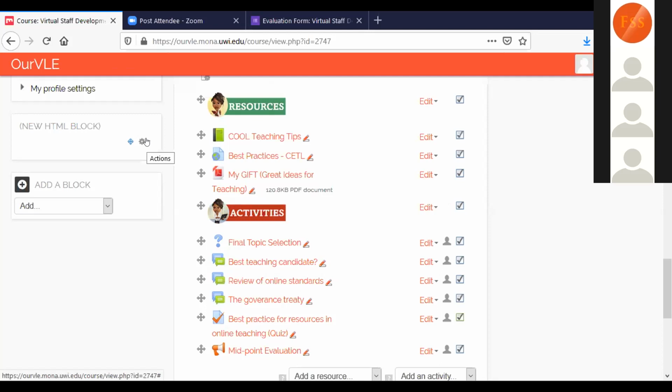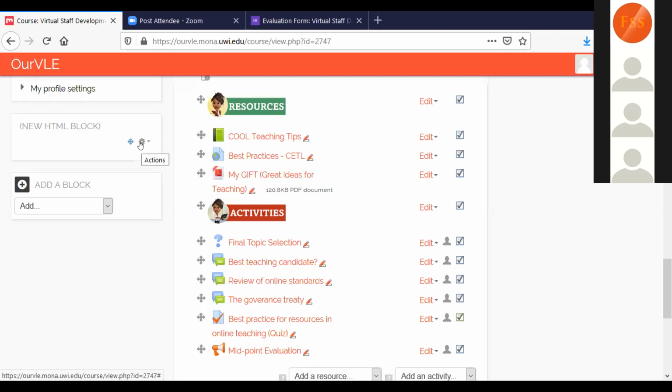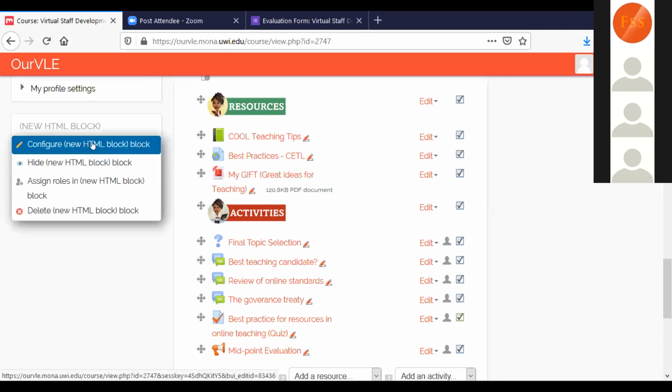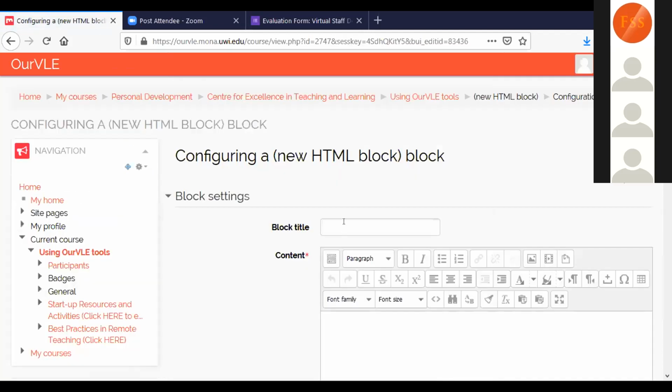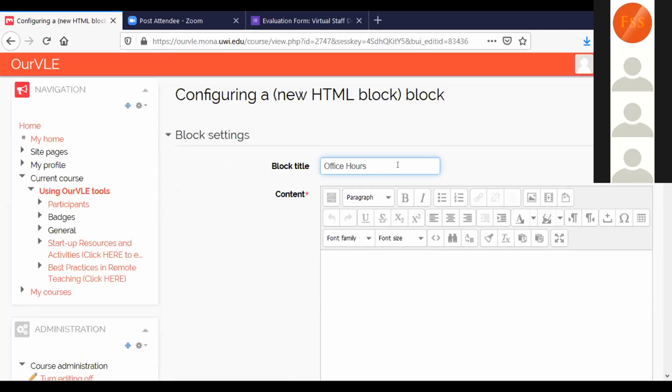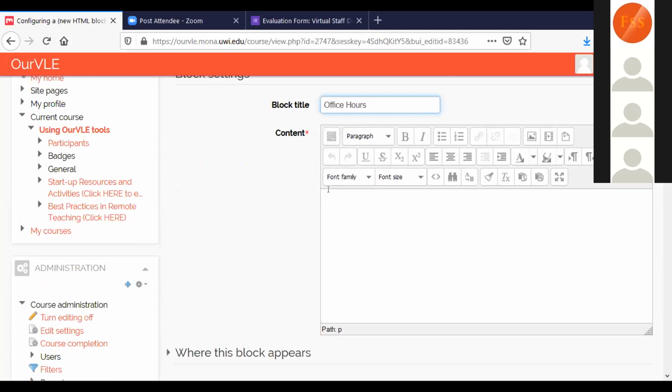Okay, so let us say that this will be our office hours, okay? So I have to add the information. So I click on the editing icon, the gear icon, the actions icon, and I'll click on configure new HTML block, all right? And then I'm going to put office hours, okay? And so that is the title, and this is what the students will see before they see anything else. And for the content, I will put,